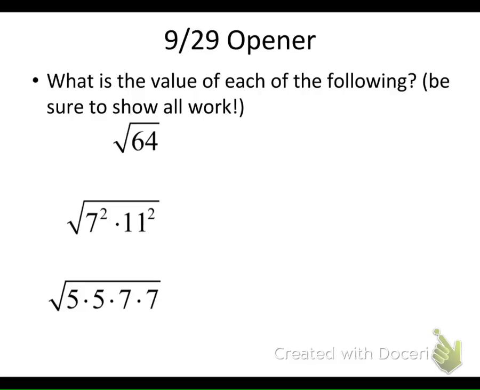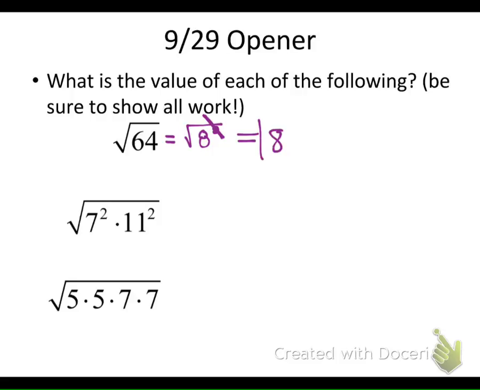So when I go to write out what is the square root of 64, I'm first going to write out equals square root. So what's the square root of 64? 8. So 8 squared under my square root sign. Now the reason why I want you guys to show this is because square root and square are inverse operations. Just like addition, subtraction, they cancel each other out. Multiplication, division, they cancel each other out. So does square root and square. They cancel one another out. So we're going to show that the square root of 8 squared cancels each other out, and our answer is just